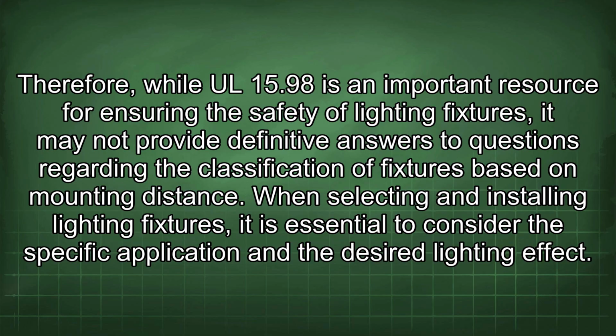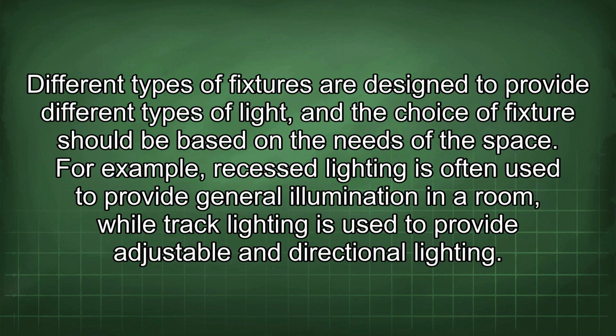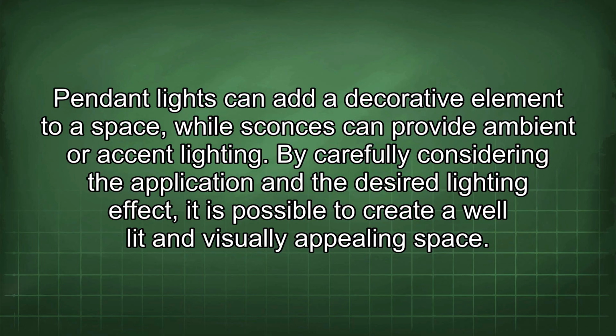When selecting and installing lighting fixtures, it is essential to consider the specific application and the desired lighting effect. Different types of fixtures are designed to provide different types of light, and the choice of fixture should be based on the needs of the space. For example, recessed lighting is often used to provide general illumination in a room, while track lighting is used to provide adjustable and directional lighting. Pendant lights can add a decorative element to a space, while sconces can provide ambient or accent lighting. By carefully considering the application and the desired lighting effect, it is possible to create a well-lit and visually appealing